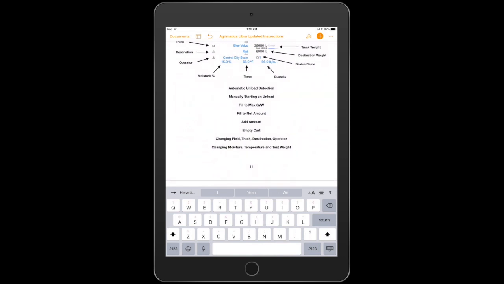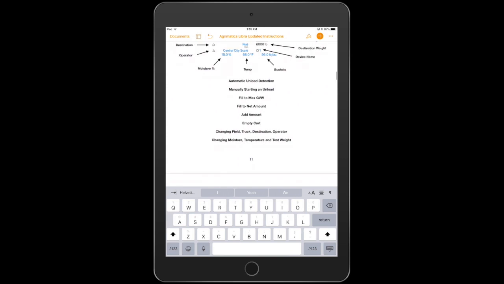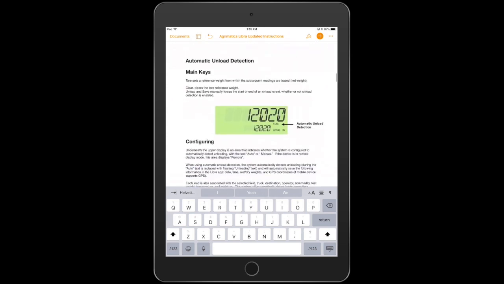So if you take a look, there's the automatic unload detection, the thing that actually allows you to save. The manual unload, the fill to max, the fill to net amount, add amount, empty cart, changing the field, truck, destination, changing the moisture, temperature, and test weight. And this is basically saying that we have all the information pretty much filled out. We'll go over that further in later videos. The main keys,